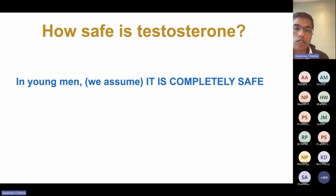We don't see randomized controlled clinical trials of young men who have lost a testis or with hypogonadism, because those trials are unethical. It is assumed that it's completely safe, because you're replacing physiology, and the treatment effect is large. People will go through puberty and develop facial hair for the first time. What we're really talking about when we call safety